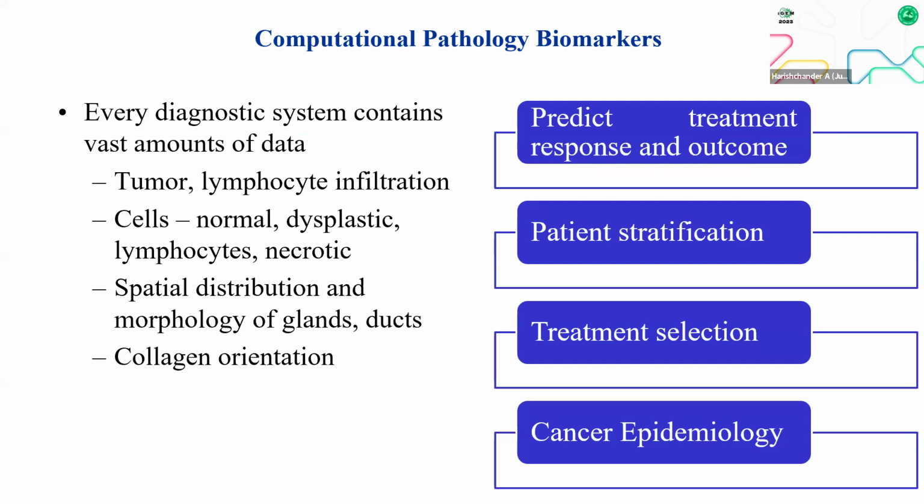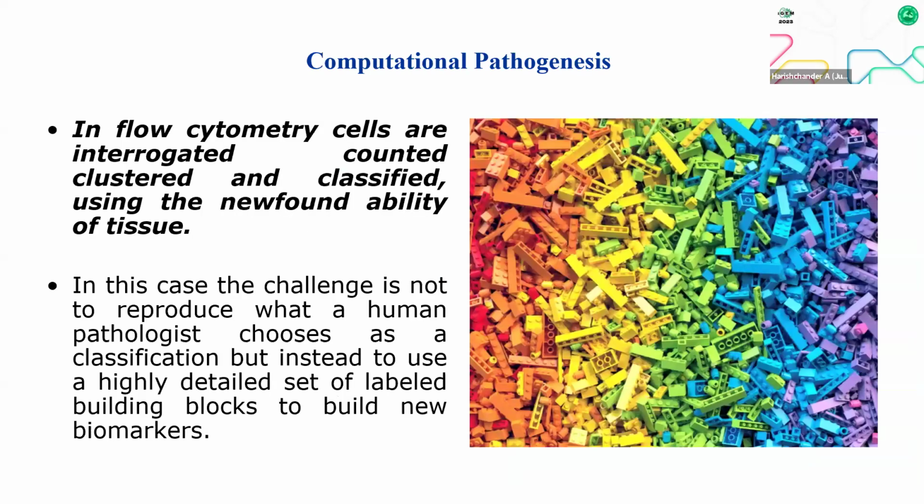So, in this aspect, we analyze the tumors, measure the infiltration of the lymphocytes, and predict the response to treatment and the relative outcome, and whether the patient is suitable for the diagnostic work we have done, or for treatment selection, and finally the epidemiology, because epidemiology is also a key factor here. Based on the epidemiology only, epigenomics evolved.